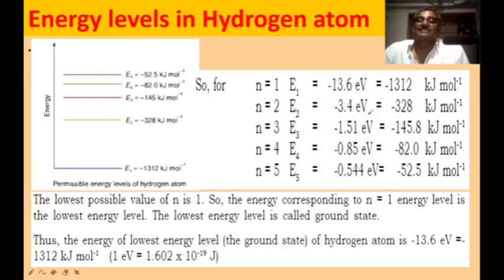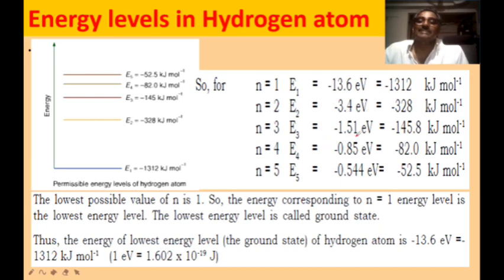We already discussed that the energy of electron in the second orbit is 1/4 of the energy of electron in the first orbit with a negative sign. And in the third orbit, 1/9 of the energy of electron in the first orbit with a negative sign. All these values are negative values. The energies of electron in all the energy levels are negative only. For n is equal to 1, in electron volts, its value is minus 13.6. For n is equal to 2, minus 3.4 electron volts.